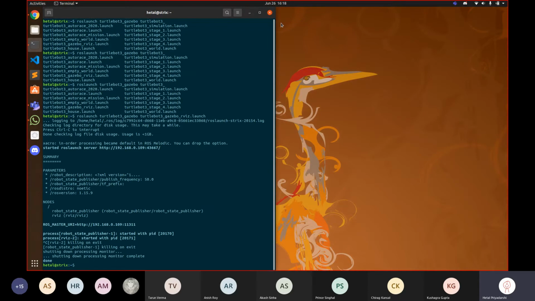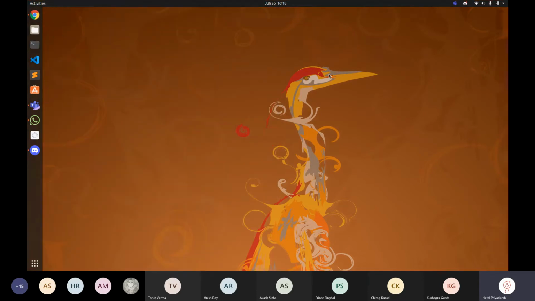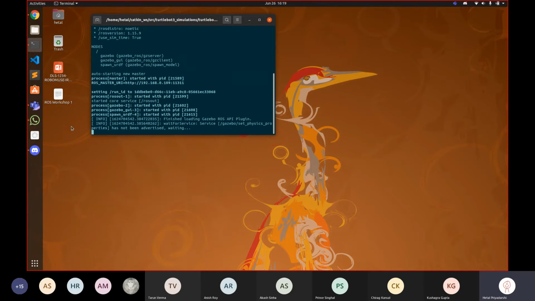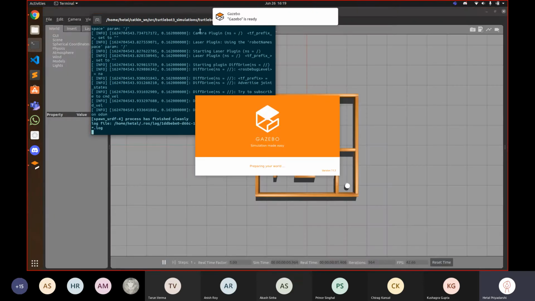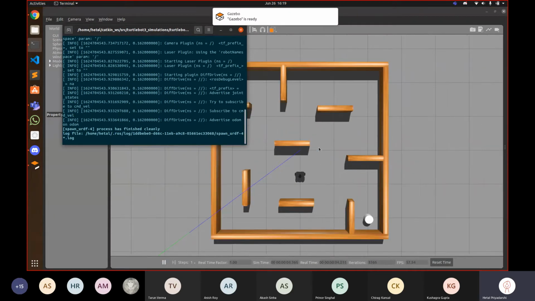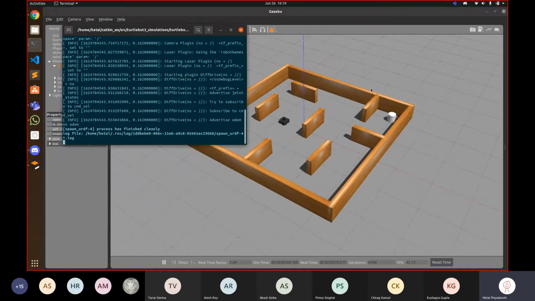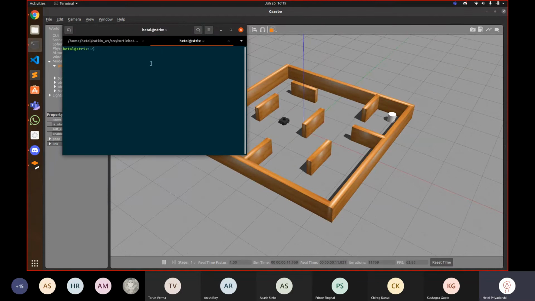Now launch the same world that you launched earlier. So the idea here is that we have a map, and we're trying to navigate through the map. I think it's best if you see what's happening, then you get an idea of what you're seeing, because it becomes confusing otherwise. The best way to learn about this is to see it. Anyway, launch Gazebo, whatever that house or world was. Then run the navigation node.